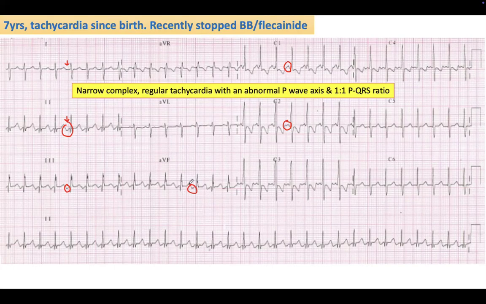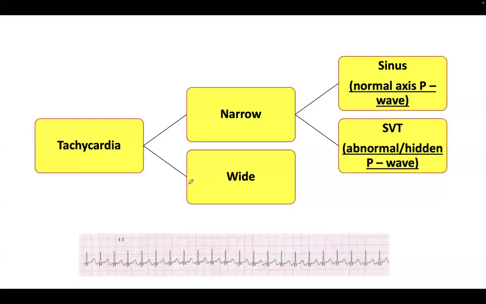with one-to-one P to QRS ratio. So when you recognize this, these are the inverted P waves, by the way. So this is how you should approach the ECG. This is tachycardia, narrow complex, and then if it's sinus, you should see normal P wave axis, which is positive in lead one, two,